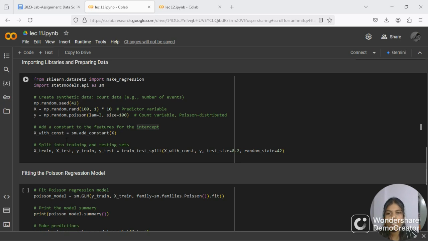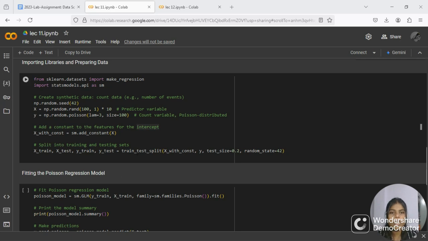X with const equal to sm.add_constant X adds a constant column to the predictor variable X to represent the intercept, and this line splits into training and testing sets with 20% of data allocated to the test set and the remaining 80% to the training set.